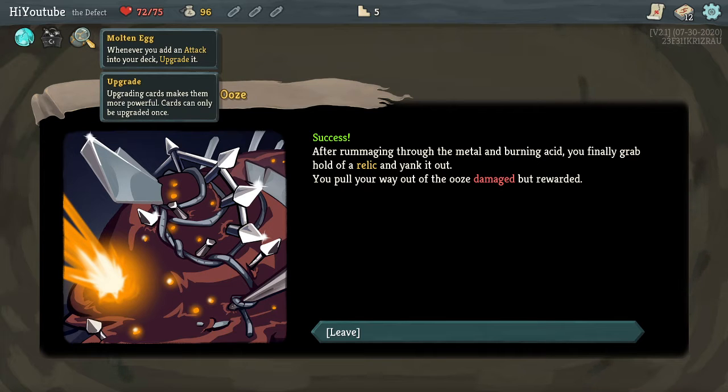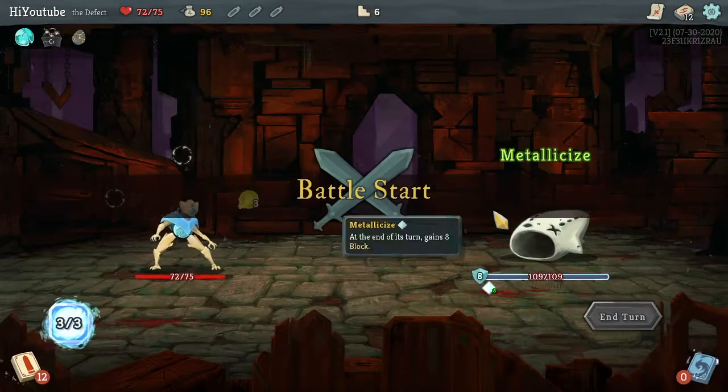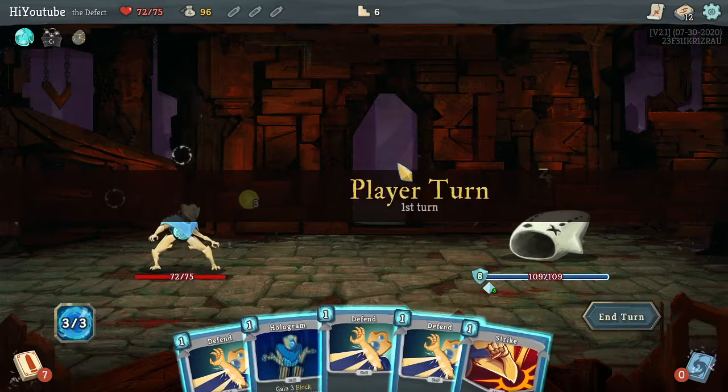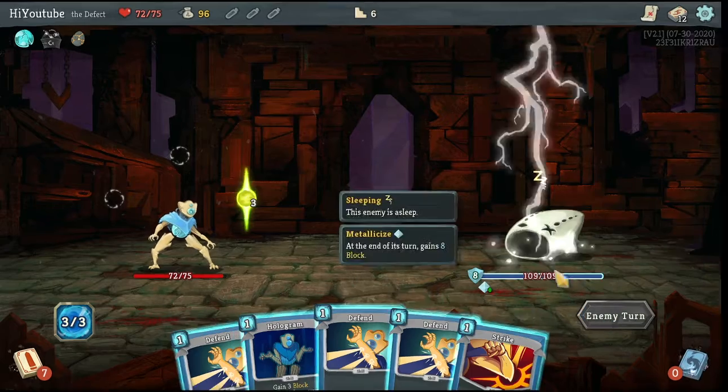So whenever we add an attack to our deck, it is instantly upgraded, which is just delicious. Now with this Lagavulin, he has 8 block. For the first 3 turns, he isn't going to attack because he's asleep. So we want to use...